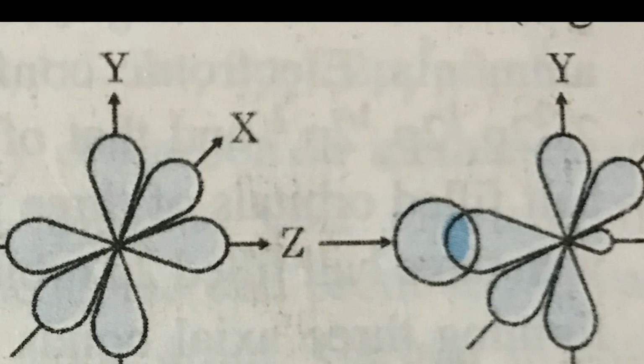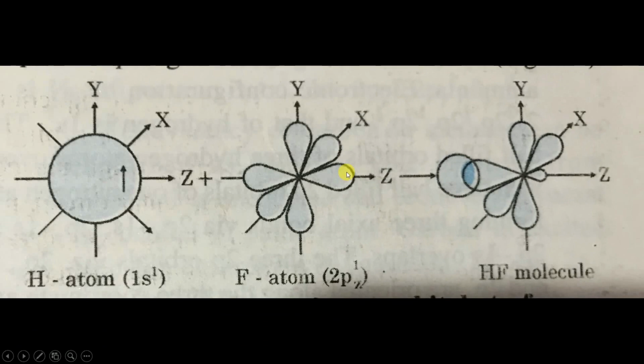Okay, clear with this? Now guys, if you observe one thing over here, throughout the 3 types we have only studied about the single bonds. This is what was told to us by the valence bond theory. So we have not discussed double bonds and triple bonds up till now. We have only discussed the single bonds. The double bonds and triple bonds will come to you in the further topics of this chapter.